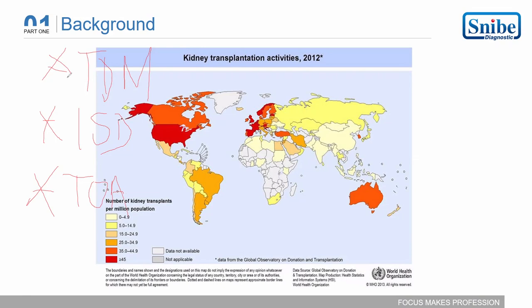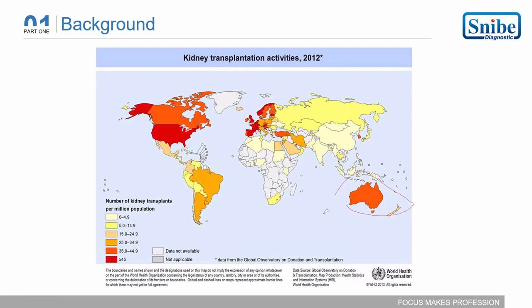So on the basis of these three classifications, we can classify all these drugs on the basis of their utilization. So let's start with the immunosuppressive drugs. According to 2012 data, most transplants are in the Australian region and the North American region, especially Canada and America, and also in the European countries,